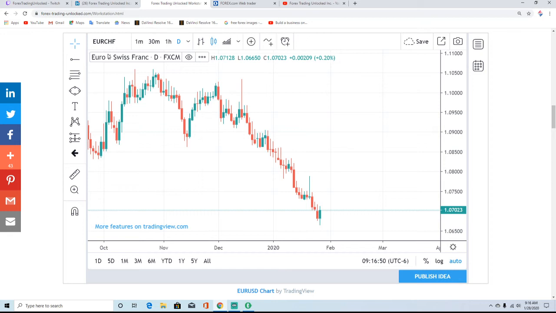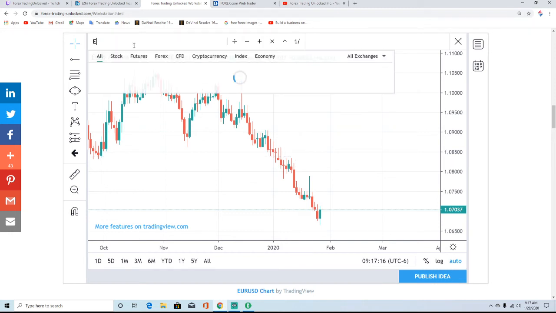So I wouldn't necessarily try and catch a falling knife here. That's something you should never do. But for your bulls today, you might have a short-term bottom happening here. But look at this trend. It's been lower every single trading day basically for a month. So I would be very, very leery of trying to stop this slide that's going on here. So you can see that the euro does not have a lot of strength whatsoever.